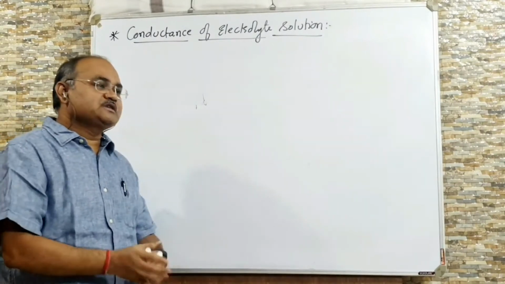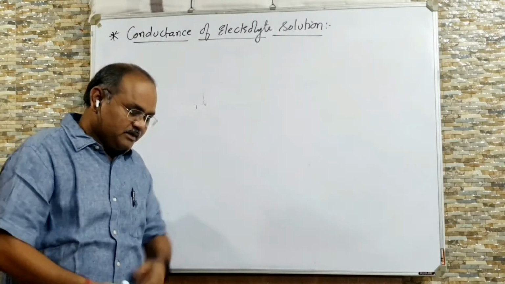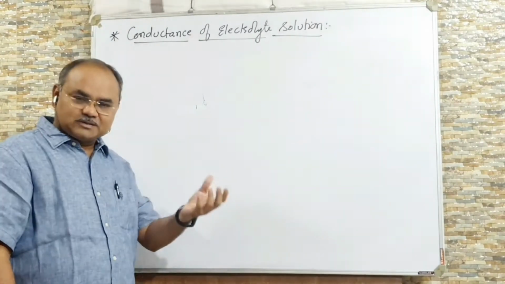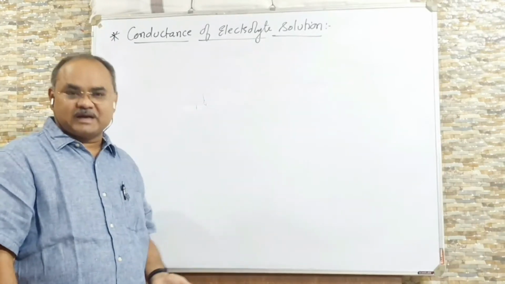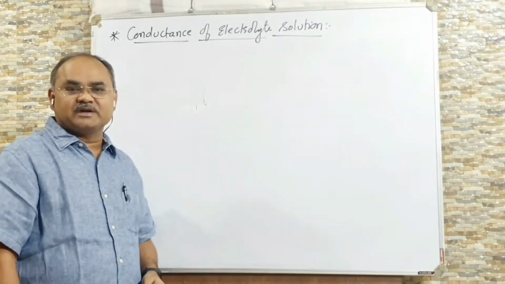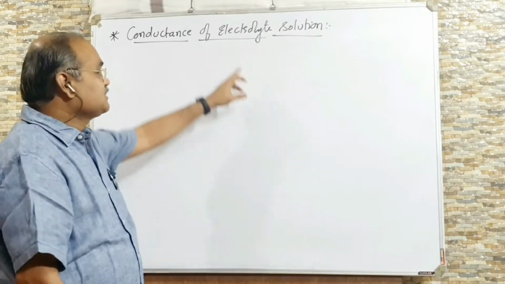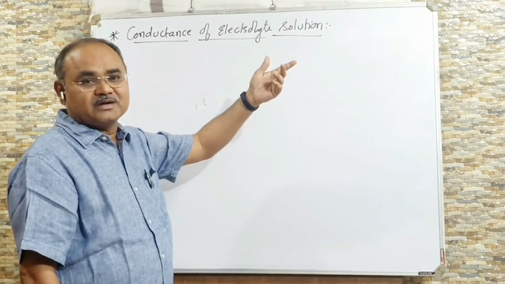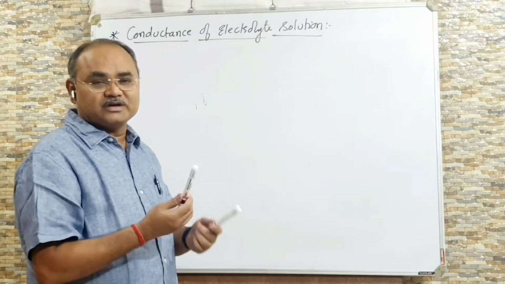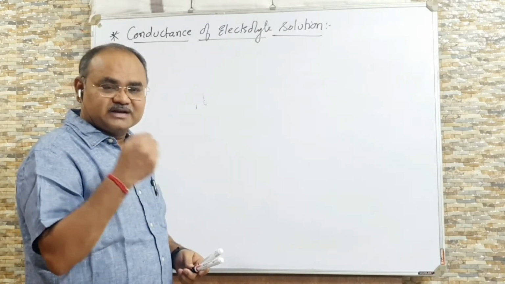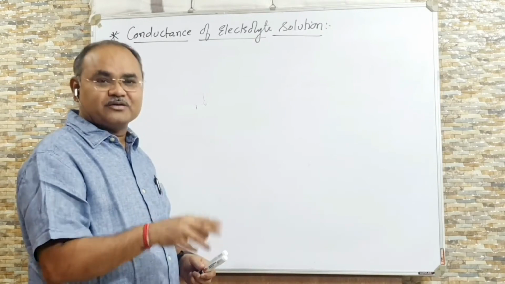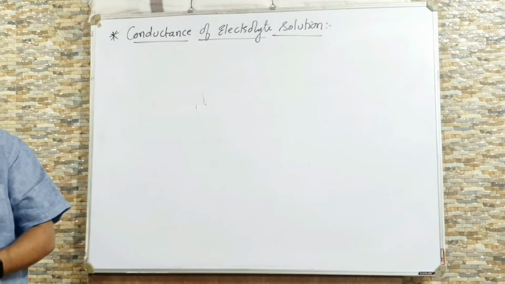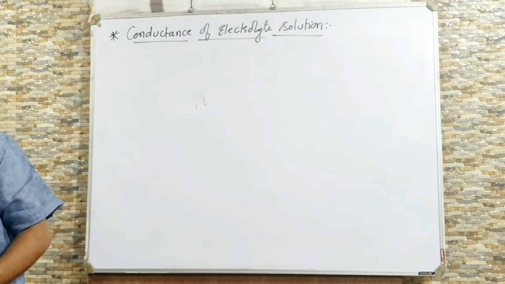This I have taught you in chapter 7, equilibrium in 11th standard, or you have studied. Electrolyte means substance which when dissolved in water produces ions, and that ions are capable of conducting electric current. But simultaneously, along with electrolyte solution, I told you another conductivity also. Conduction takes place through metal, solid substance. In metal, conduction takes place through electron. So here we are going to study both the type of conductivity, electronic conductivity as well as ionic conductivity, right?